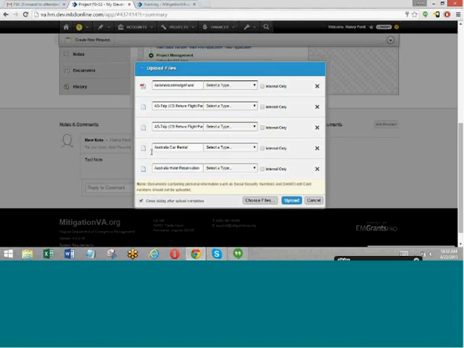You can select 10, 20 if you want. It will allow you to change the file name, so whatever you want the file name to be. In the drop-down, you have to select the type of document that you're uploading.